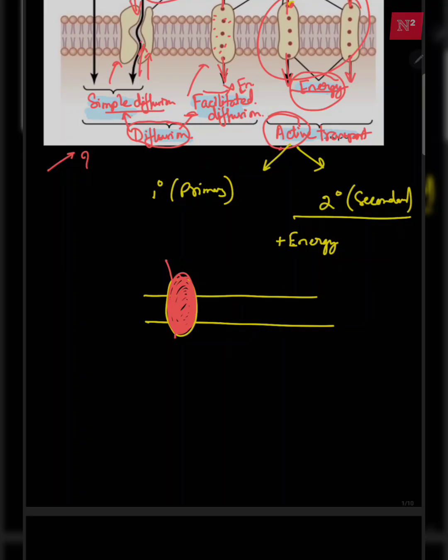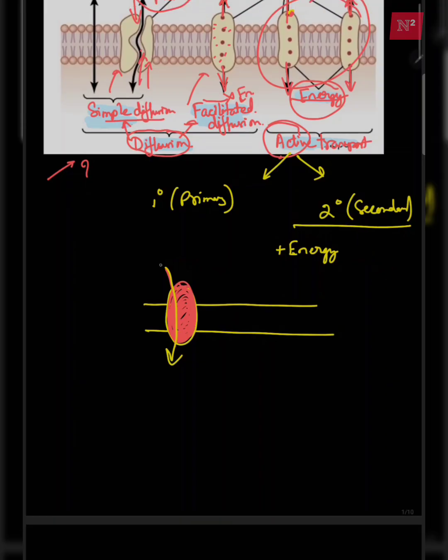There are two basic types of secondary transport mechanism. If supposedly there is a molecule A and a molecule B, it can either transport them together,